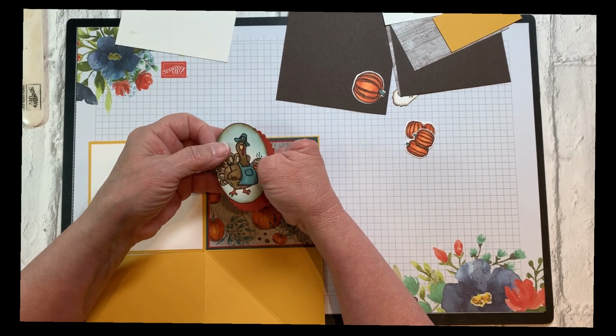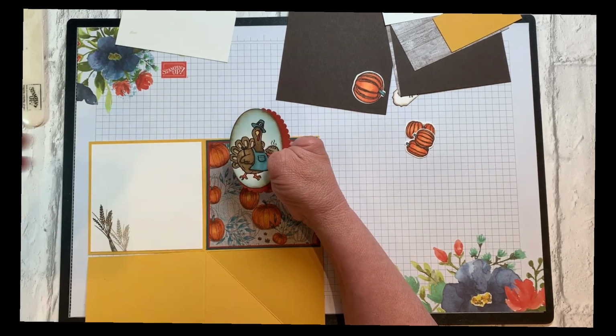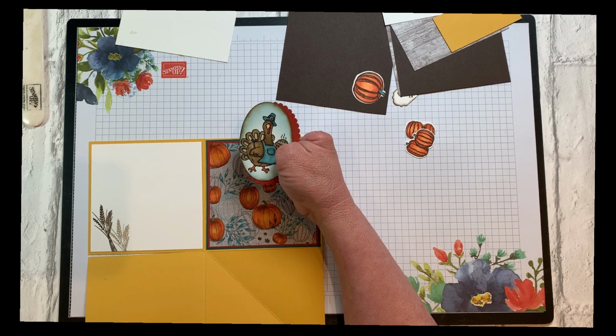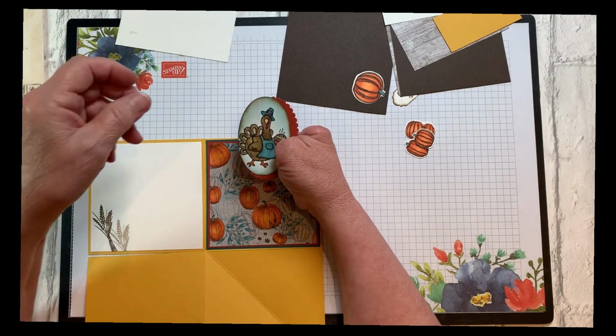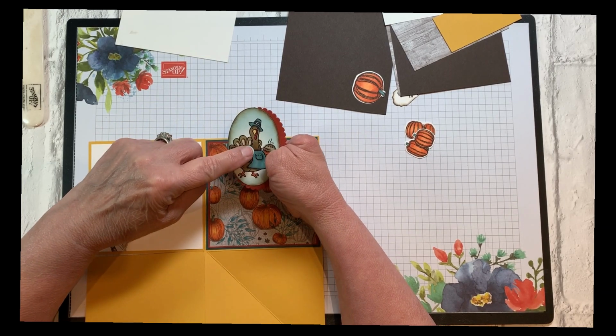Then I stamped my turkey onto a scrap of Whisper White, and the colors that I used for my turkey were the light and dark peacock, which is what I used in here. I used the